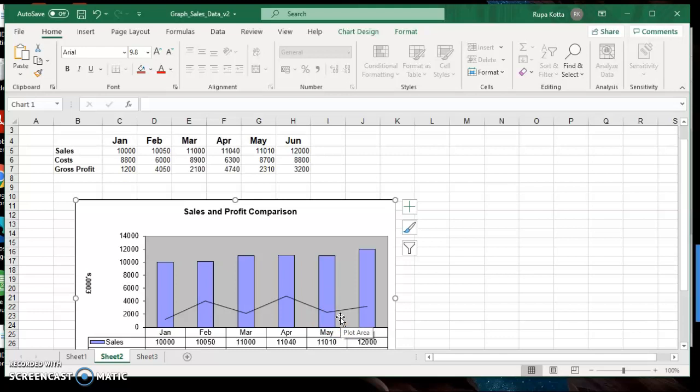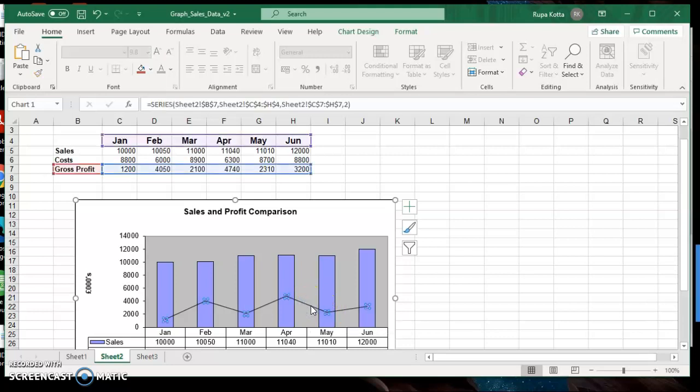So to do that, you add a secondary axis. Currently it is having only one axis showing all the information in currency. So when you add a secondary axis, what will happen is this one will be your sales, and you will get some more figures on this side which will be your profit, and this line will move up. So this axis will be for the sales information, and this axis will be for the profit information. So let me show you how to do that.